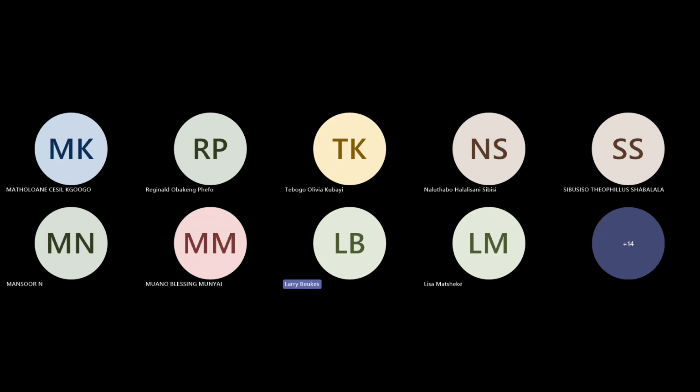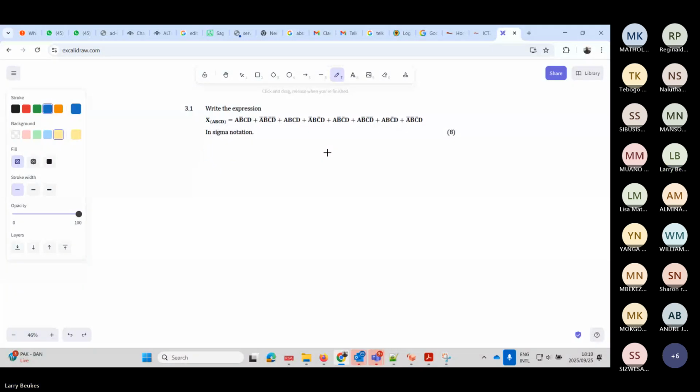So that's what sigma notation means, right? So the first thing that we do, there are two ways to do it. In my notes, I have both. I have the truth table one, and then I also have this one where we're going to put this in a binary representation, and then we're going to convert